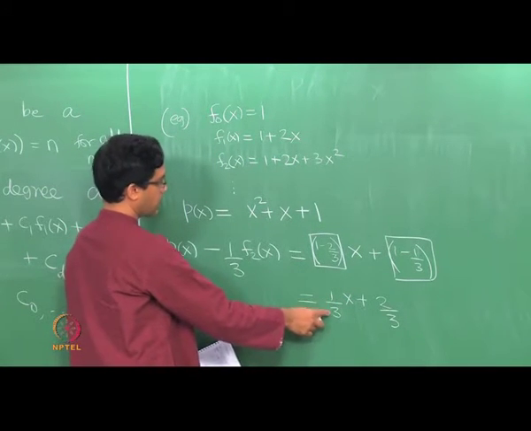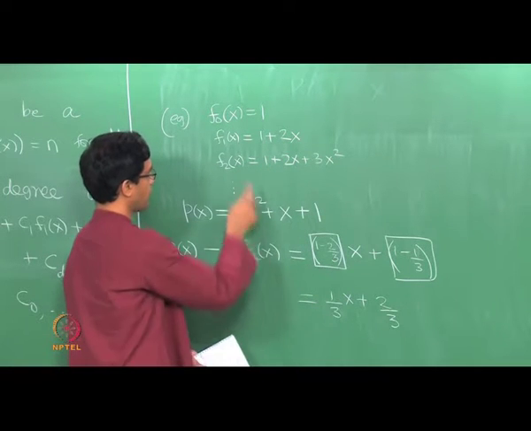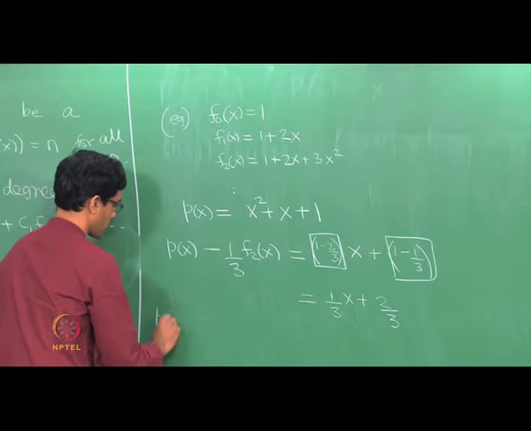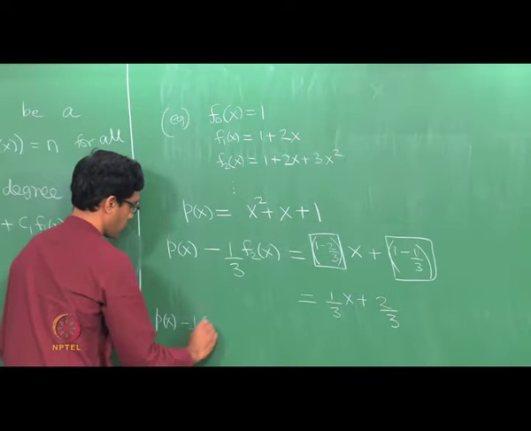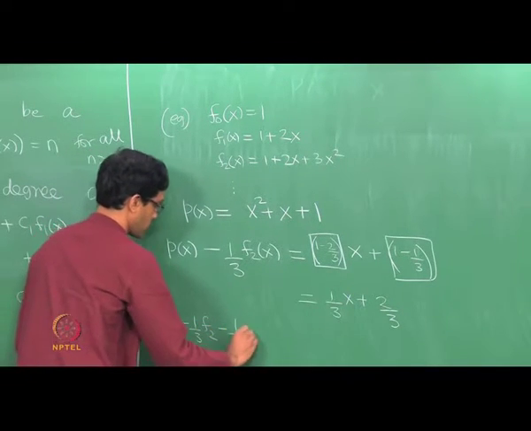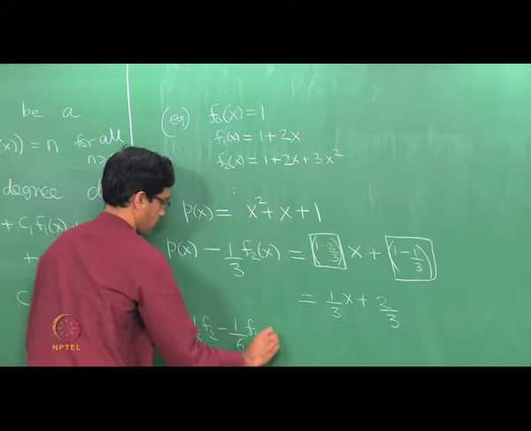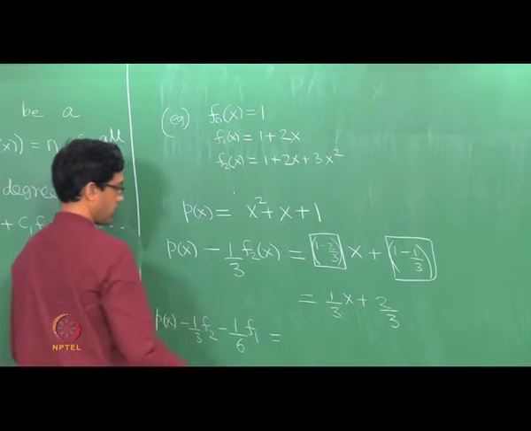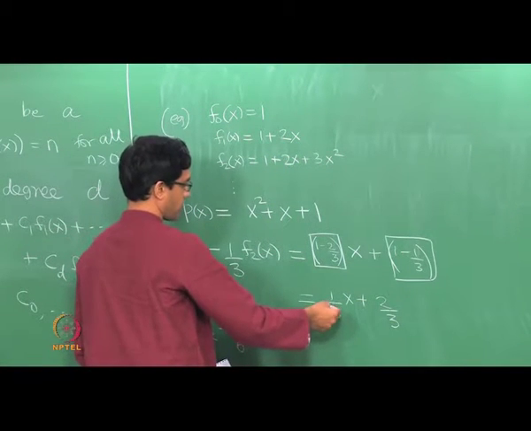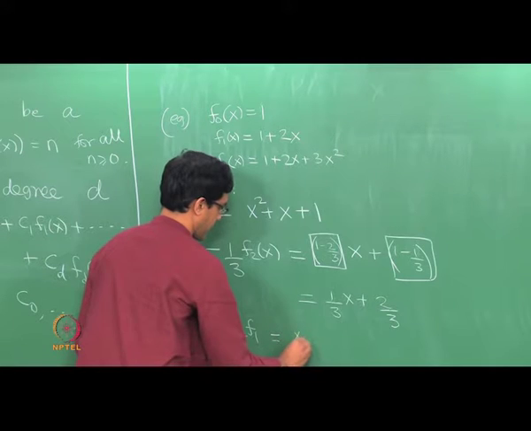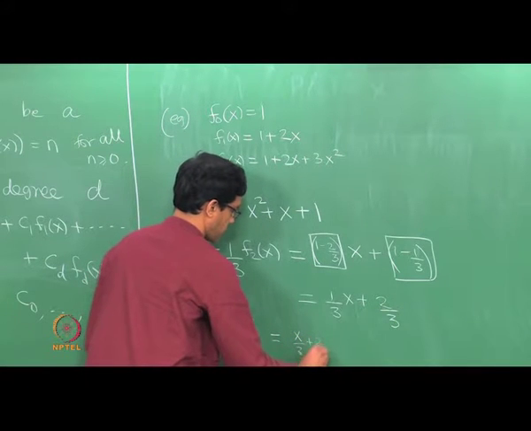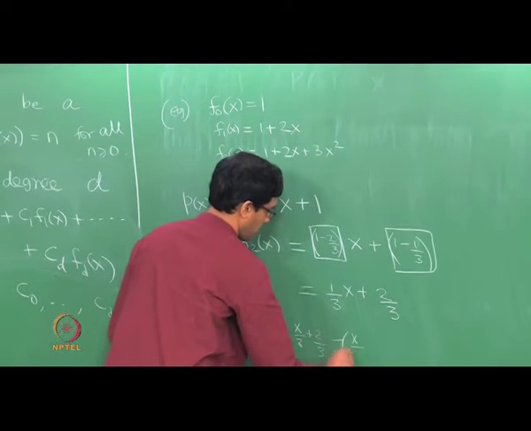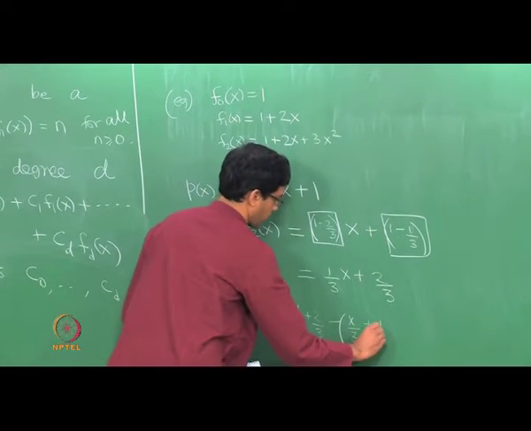So this is 1/3, whereas this is a 2. So what I will do is divide f1 by a 6. So let us do the following. Let us take p of x minus 1/3 f2 minus 1/6 f1. Dividing this by a 6 will make this x by 3. So let us just write it out fully. x by 3 plus 2 by 3 is what I have, from which I have to subtract out x by 3 plus 1 by 6.